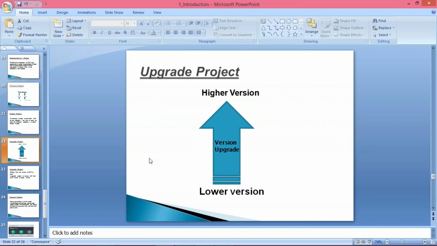In the same way, SAP also keeps on adding new functionality. The version is going to change every certain time, like every year, or after 2 or 3 years, when they bring some major changes, so the version will change. Now let's suppose in Tata Motor we implemented this SAP 10 years back. 10 years back means in 2008, and right now we are in 2018. So in 2018 a new version came and lots of changes are there.